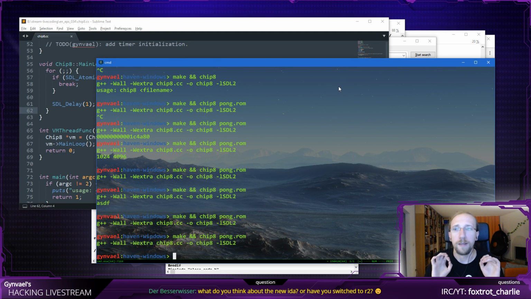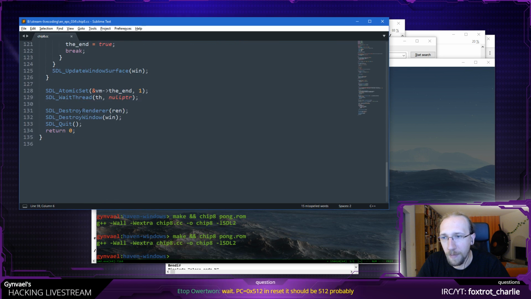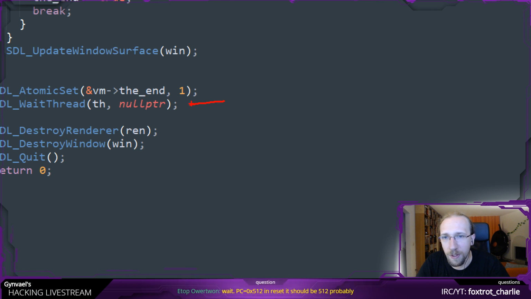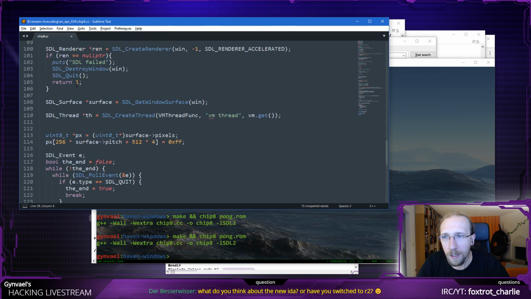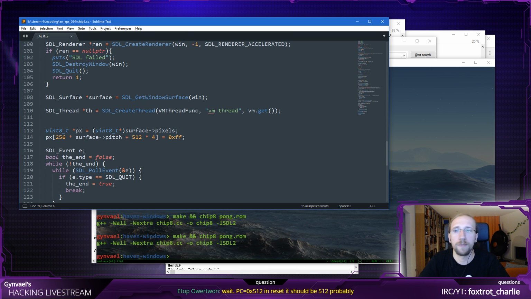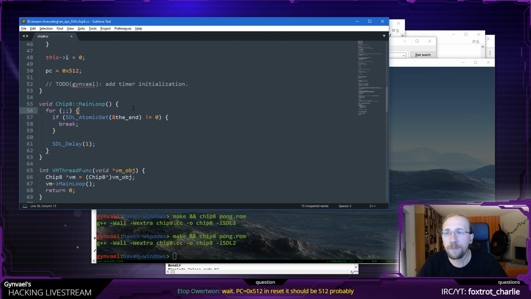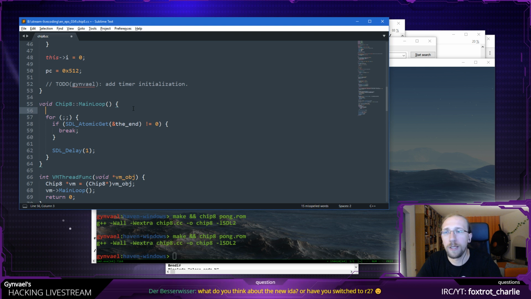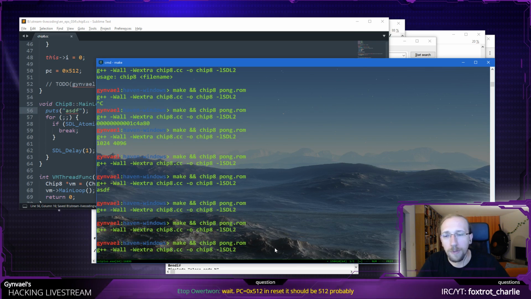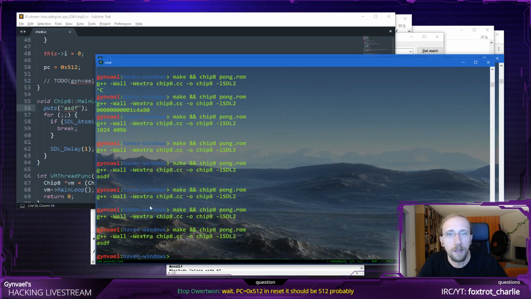It exited. The fact that it exited means that this function did stop locking, and it means that the thread was created and then the thread exited, so this is fine. We can double check if the thread was really spawned, because we'd get the same behavior if the thread wouldn't spawn, right? So I'm going to write ASDF there, and do this again. ASDF, as we can see, is here, so that's fine.